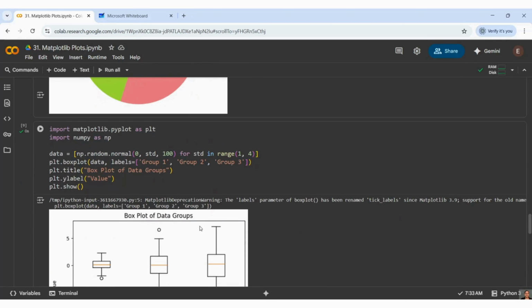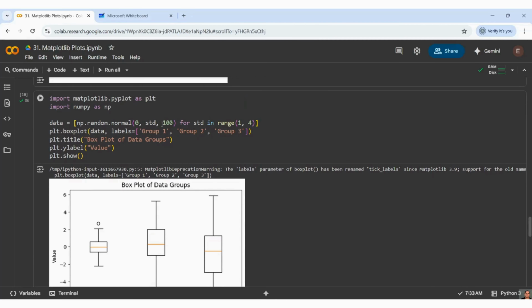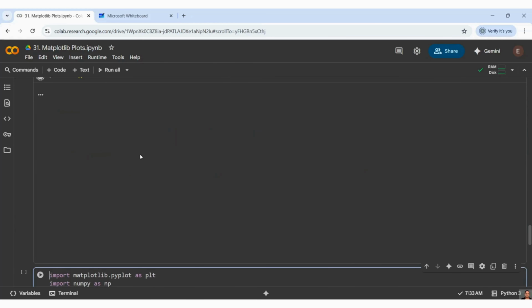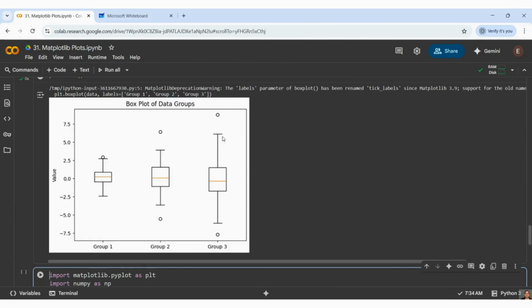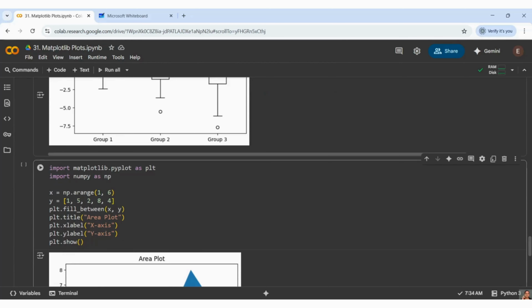And every time this plot will change, because these are random variables. The numbers, the values, the data points it has taken, everything will change based on the randomness of data. If I run it once again, it will give another output. And these small circles which you are seeing are nothing but outliers, because any points above the whiskers and below the whiskers are considered outliers. You need to rethink and re-justify those points.